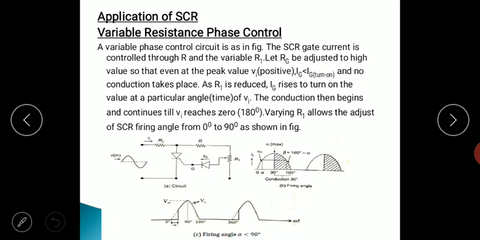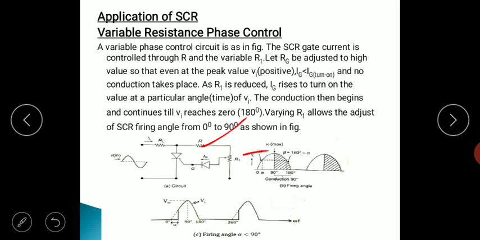Here, when you use an SCR, you can control the conduction period of the SCR. A variable phase control can be obtained by using the circuit as shown below, wherein the SCR gate current is controlled through resistor R and a variable resistance R1.